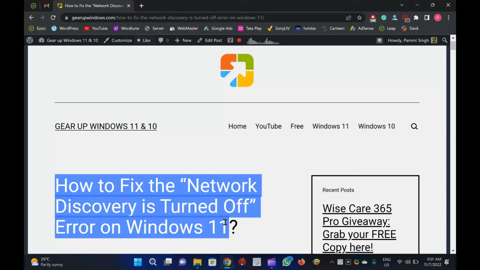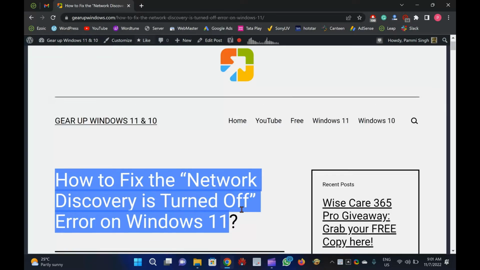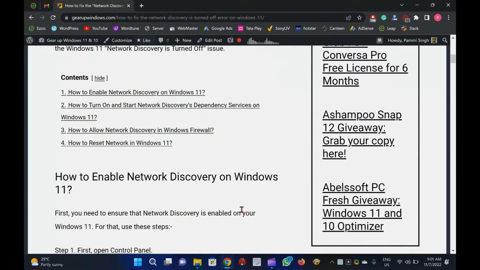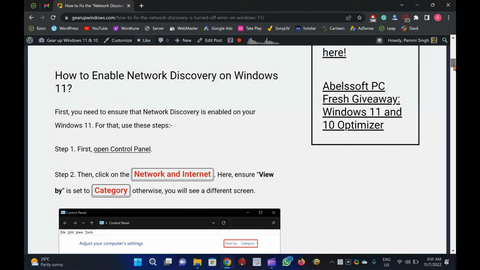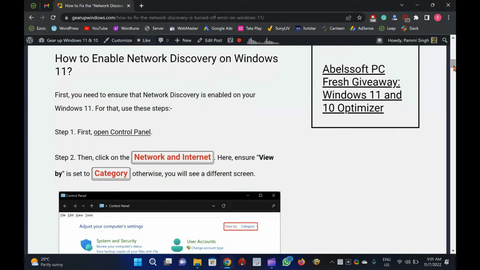In this video, you will learn how to fix the "network discovery is turned off" error on Windows 11. Windows operating systems are prone to network problems, and your Windows 11 machine may encounter the same issues. Network discovery has a major issue accessing other network-enabled devices on the same Wi-Fi network. Turning on network discovery does not resolve the issue either. Users see an error message, "network discovery is turned off."